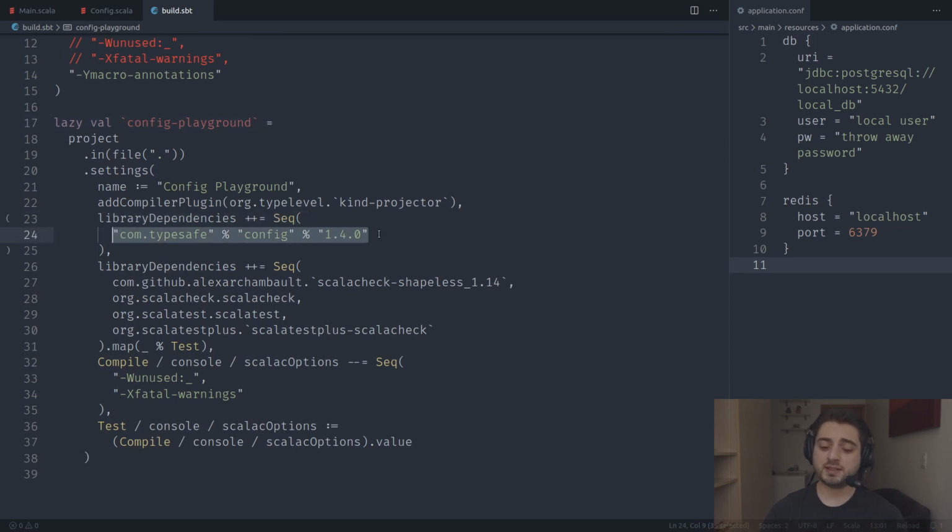If this was a production application, I would not throw this out because you want to be very specific about your versions. In fact, I'm going to leave it. No, I'm not going to leave it because I want to show you that you can actually replace it. Okay, so I'm going to do